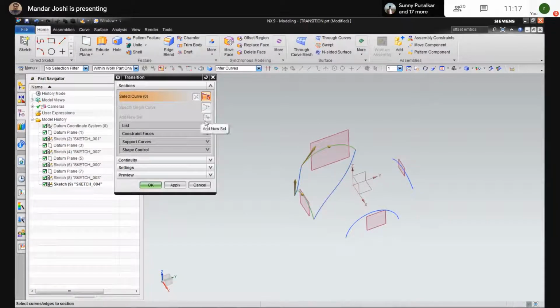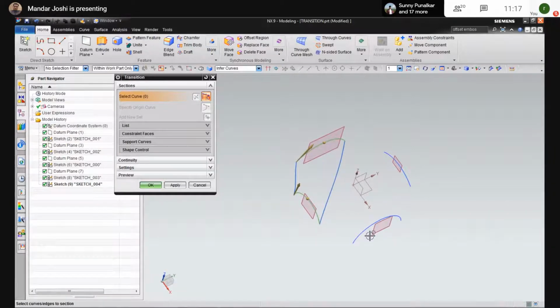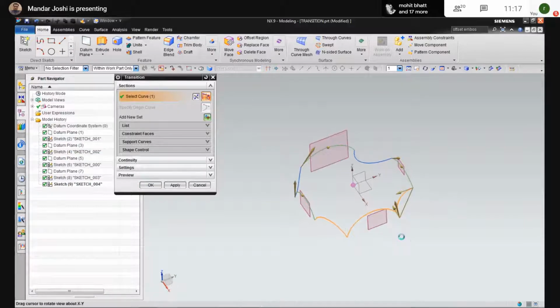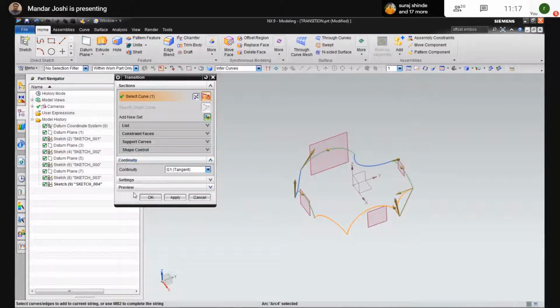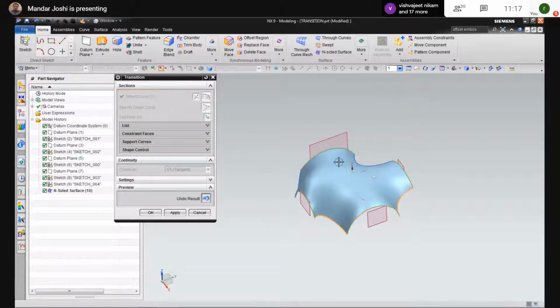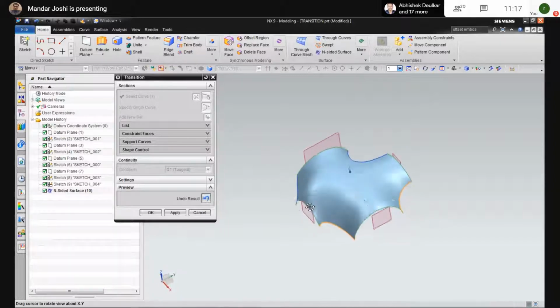Add a new set. Select the third curve. Add a new set. Then the fourth curve. And if you see this preview, transition surfaces get created.